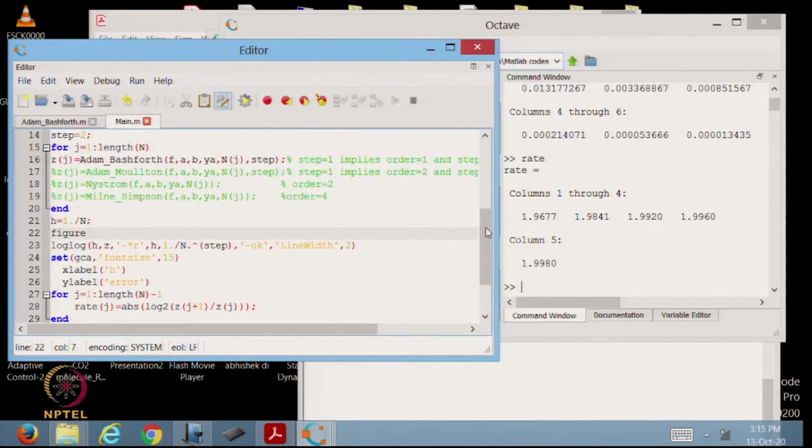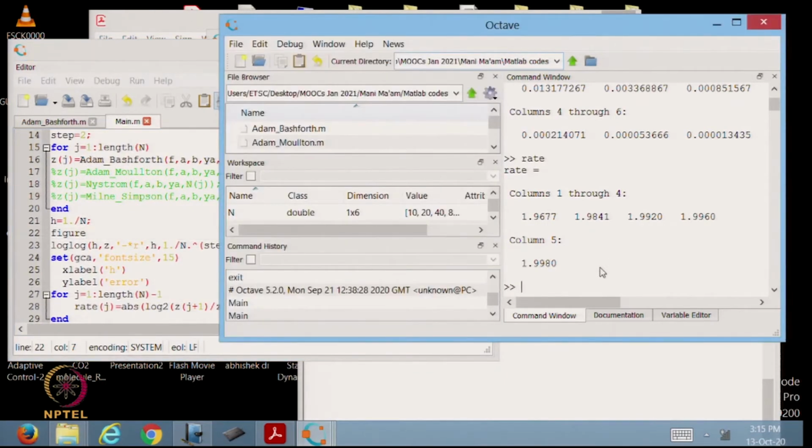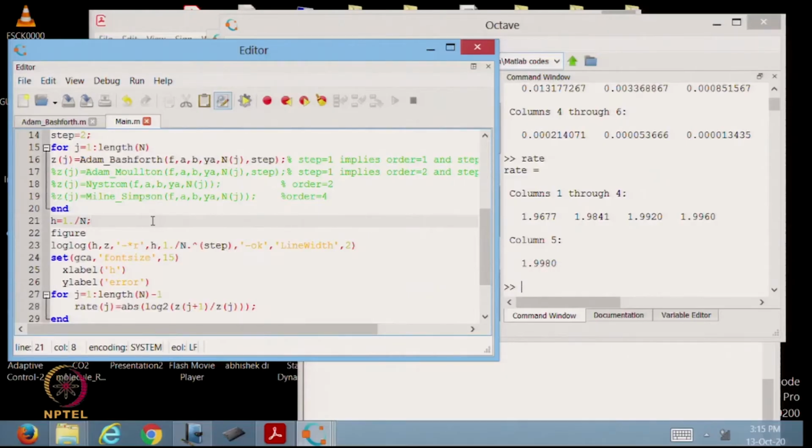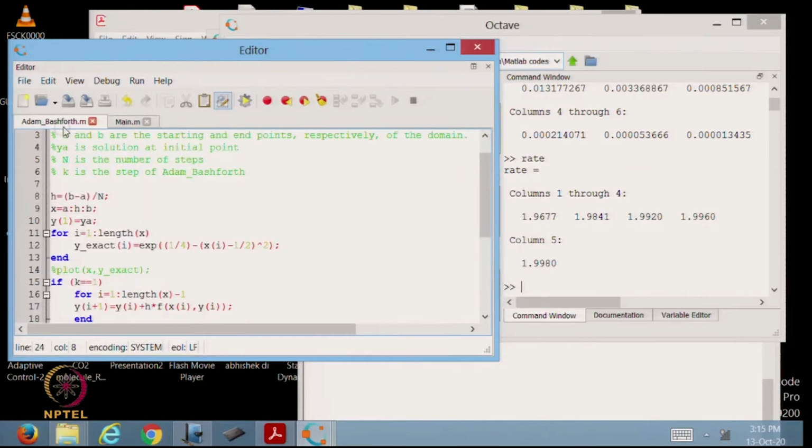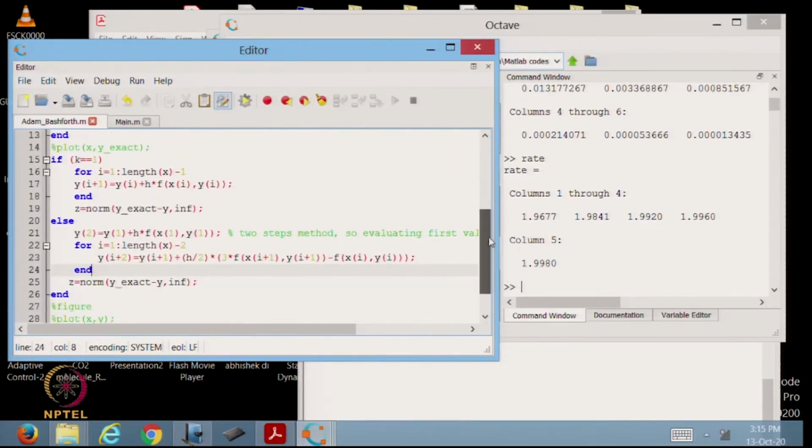But the only thing is, AB2 is a 2-step method. So, it is not a self-starting method, because for going from y0 to y1 I have to use some other single step method, and for that reason I am choosing the forward Euler method here. Locally forward Euler is of order h square, that is why the total error will not be of order h square as well.